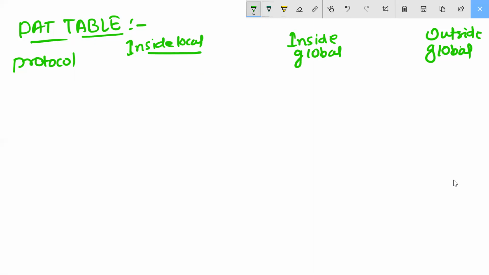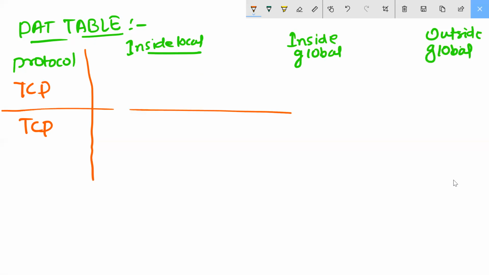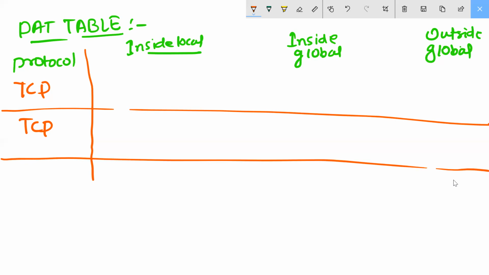See here, the protocol is TCP and TCP. I'm using only 2 IP addresses. I have given 4 there, but I'll use only 2 here.